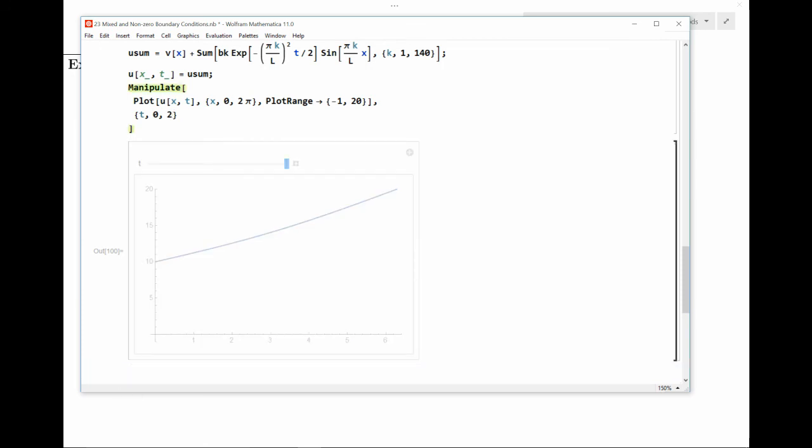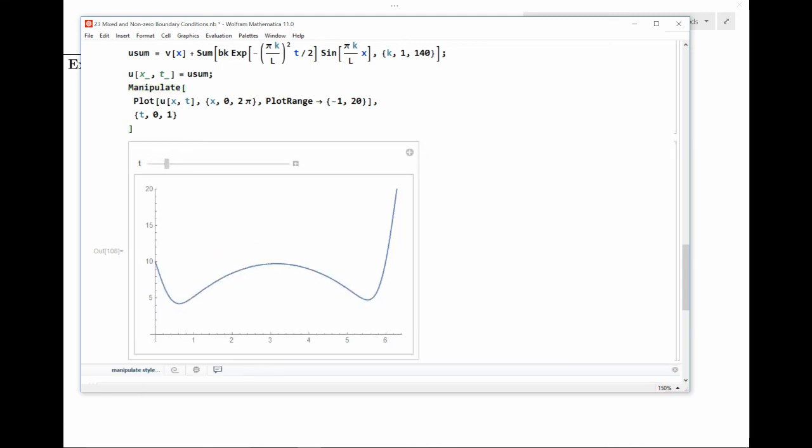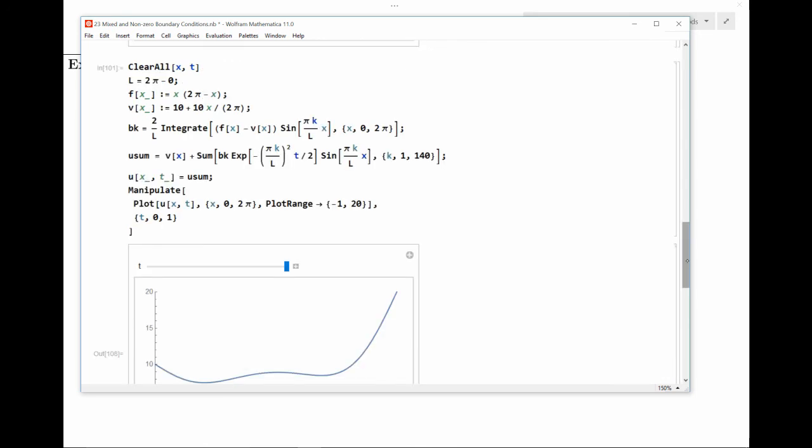Again, let's look at what happens during the first second. Very quickly, my ends heat up and the Gibbs phenomenon disappears. But it takes some time for the heat from the ends to reach the middle of the rod. But slowly but surely, it does happen. And then the temperature in the middle of the rod will start rising soon. As you can see here,